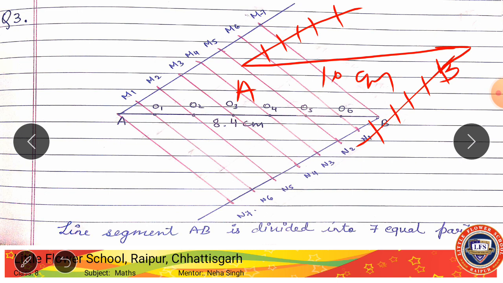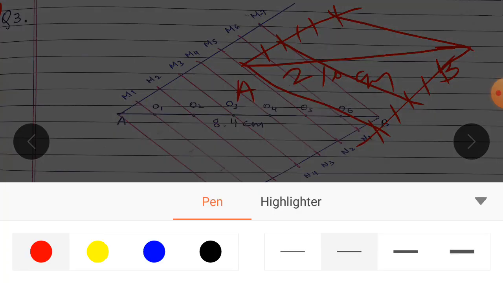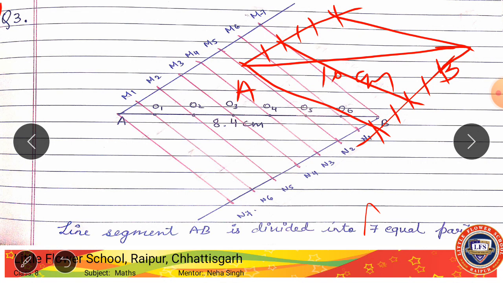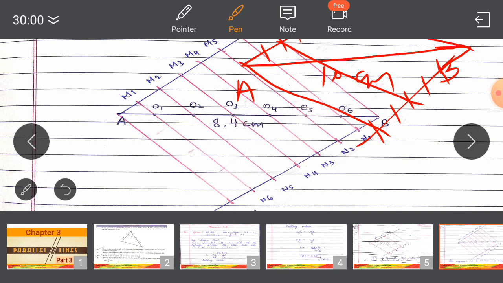Now you will name the points N1 and N2, but you will join only the last to B, then here the last to A, and from here only the second to the last second you will join. The rest you are not going to join because the line has to be divided in the ratio 2:3. So when you are joining second to last second and you are leaving the rest as it is, the line is divided in the ratio, this is 2 and this is 3 part. So the line has been divided in the ratio 2:3. So now moving on to the fifth question.